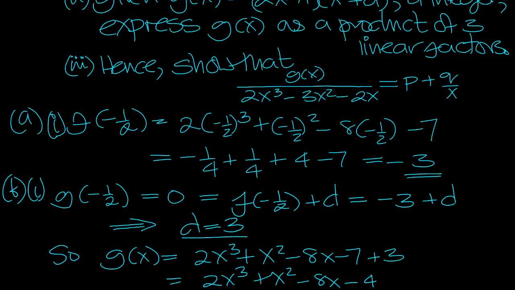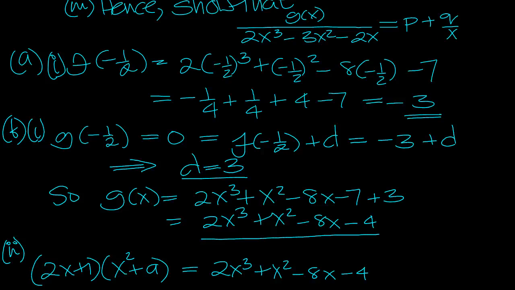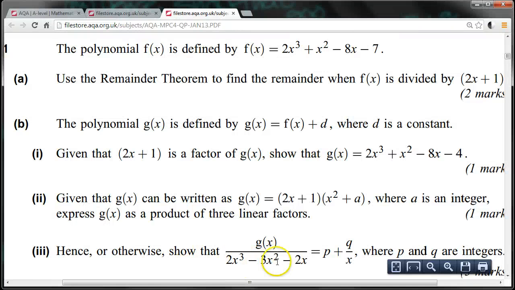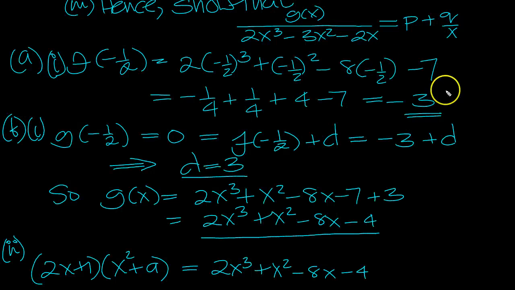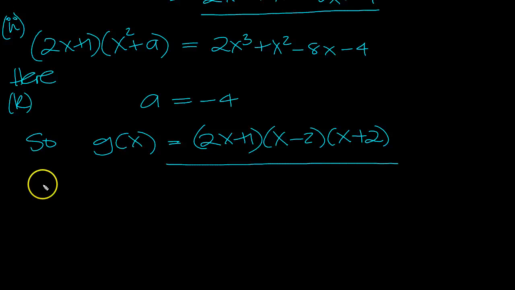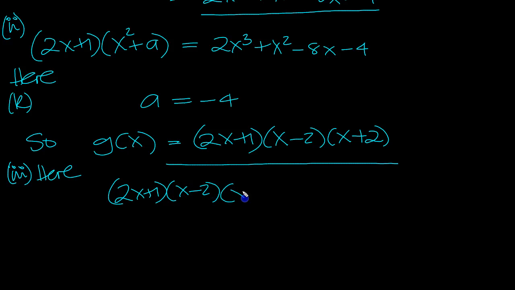Hence show that g of x over that is equal to this. Let's have a look at it then. There's an x common all the way through here. Let me just check that I've written that down correctly with the paper. Yeah, it's fine. So, g of x over this then. So this was part 3. Here, we've got 2x plus 1, x minus 2, x plus 2, over